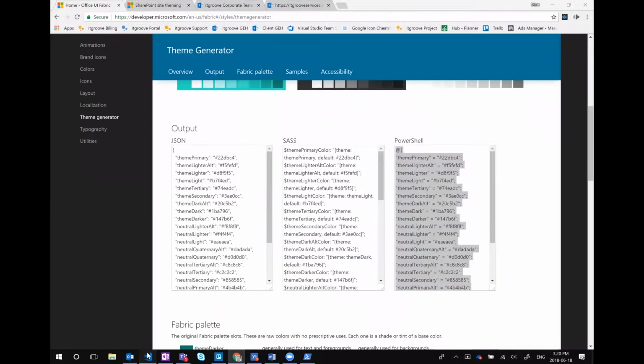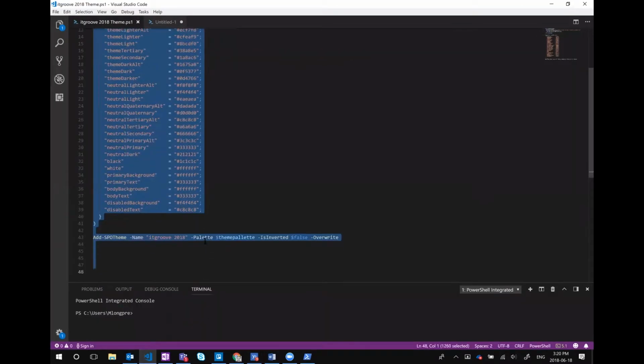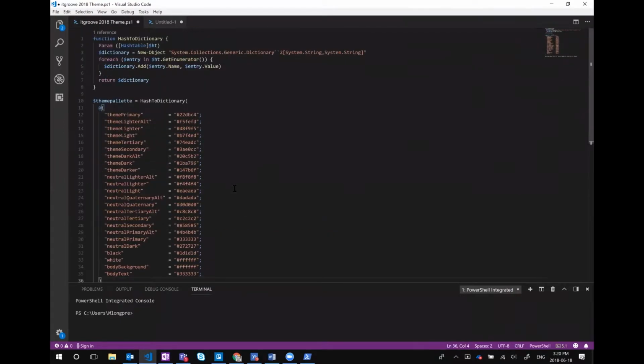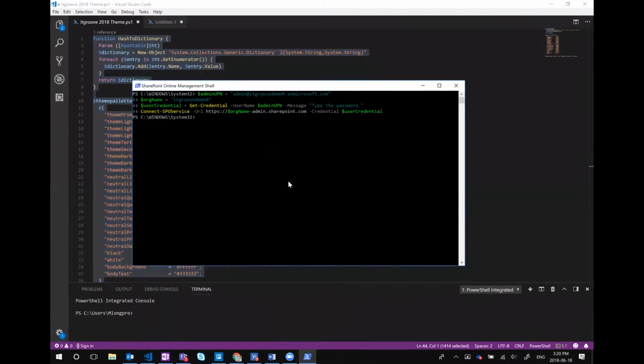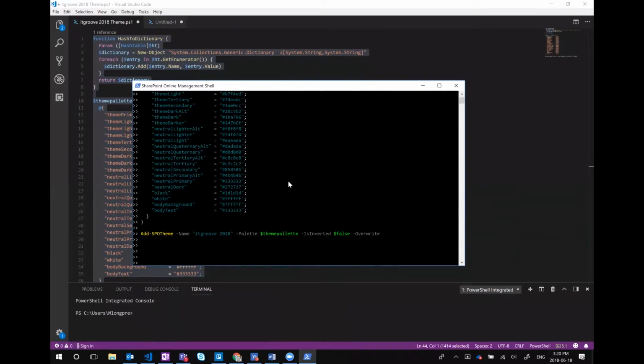So with that selected, we're going to update our PowerShell script here so that we can run the Add-SPOTheme commandlet with this PowerShell. So we're going to run that. And with that run,